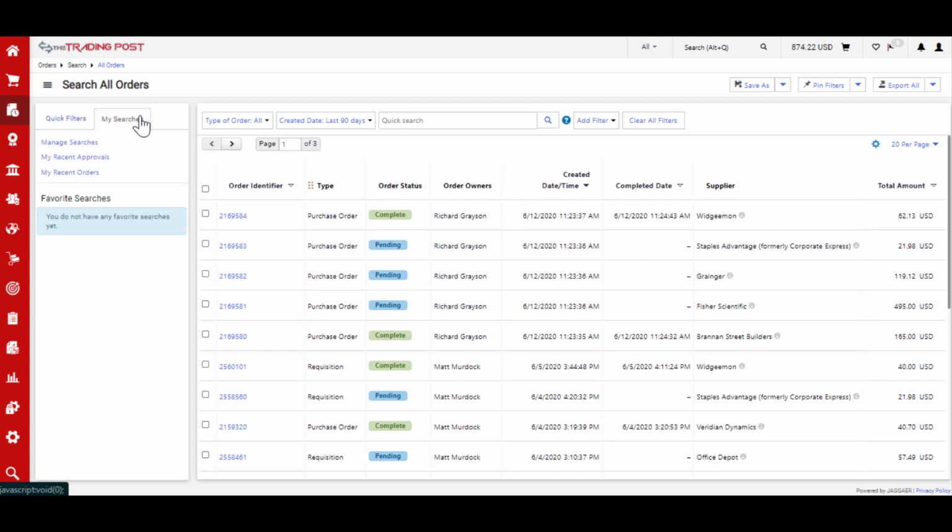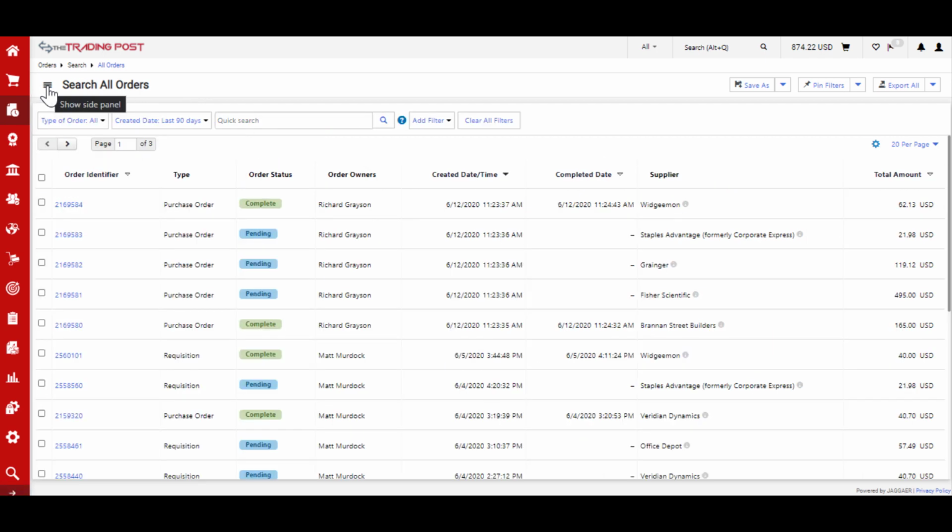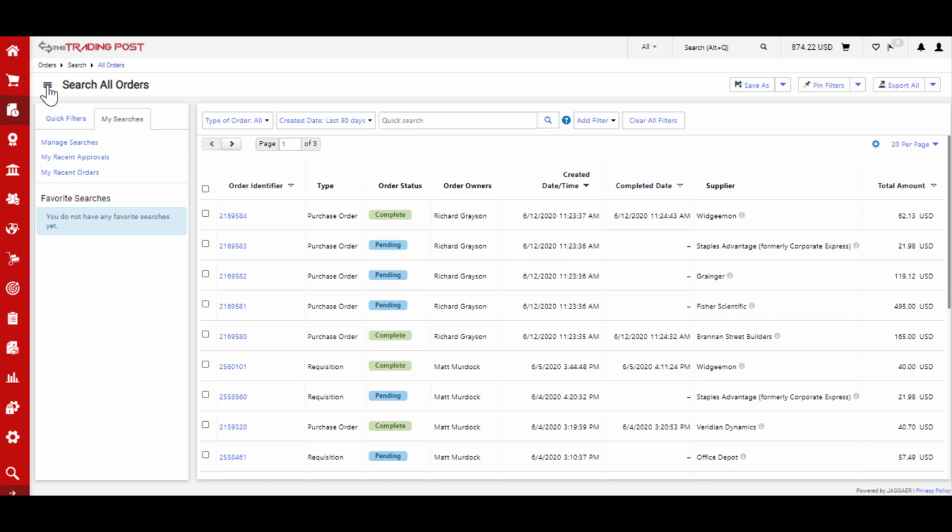And there's a separate tab where you can see your saved searches. If you don't want to see either of those and want more real estate for your results to show up, you can toggle right up here in the upper left to show or not show that side panel. The Save As button includes some new options for managing searches, viewing documents you own, and seeing your own recent